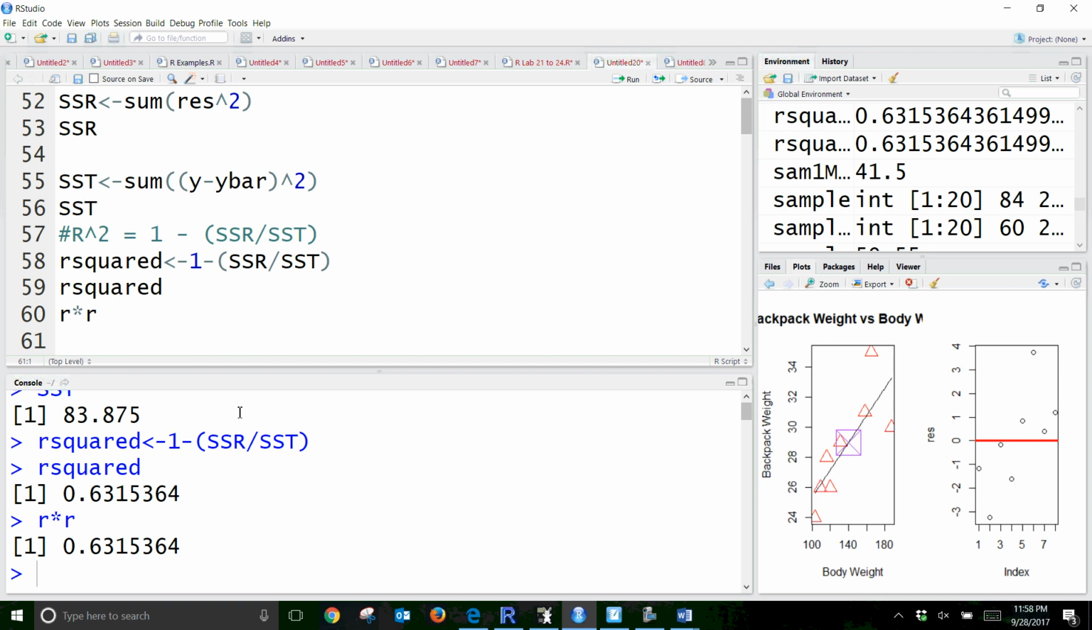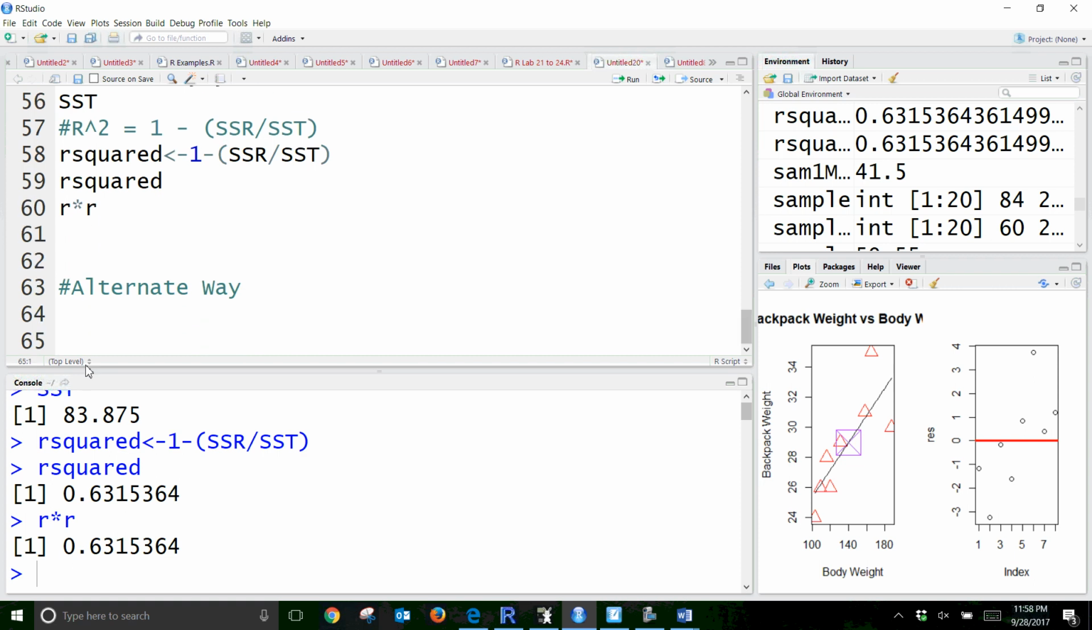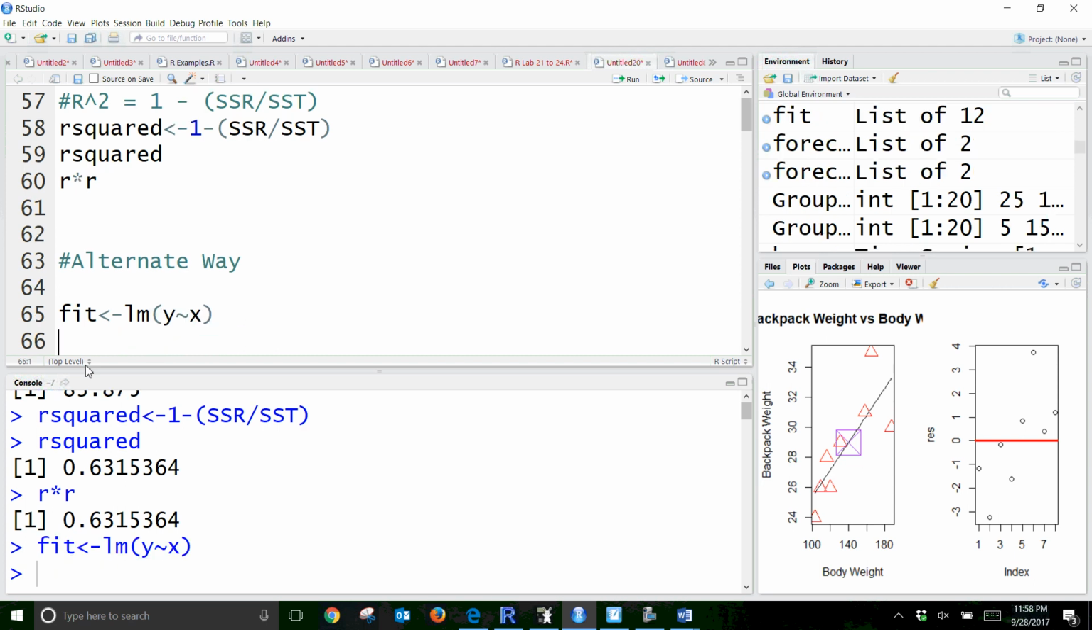All right, so we went through a lot of calculations, and there is an easier way to get this stuff. What I'd like to show you now, just real quick, is we can use the linear model function in R and get all the information pretty fast. So here's an alternate way, which is a lot simpler. We could call it fit, and that's going to be the linear model of Y predicted by X. And if I do a summary of fit,